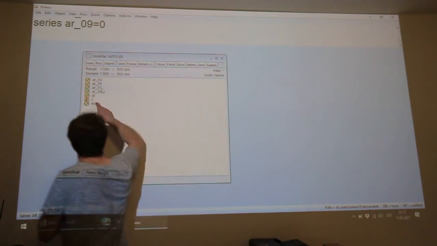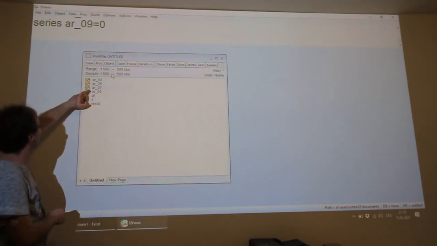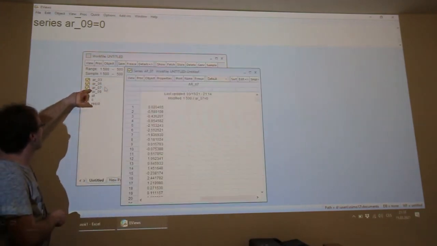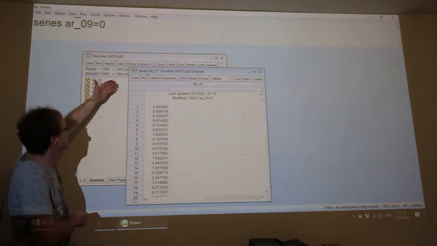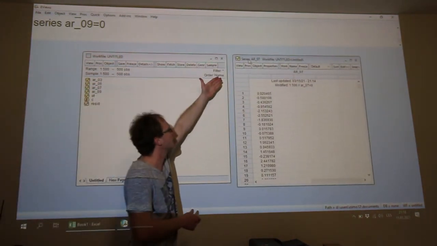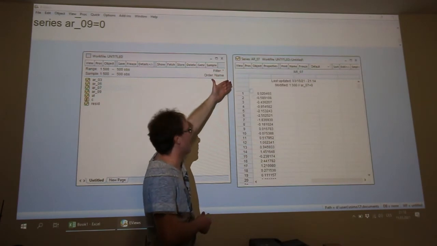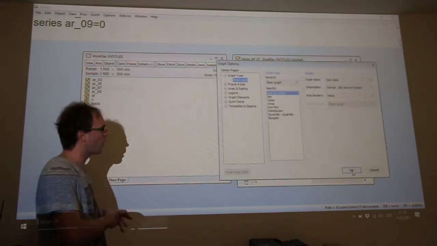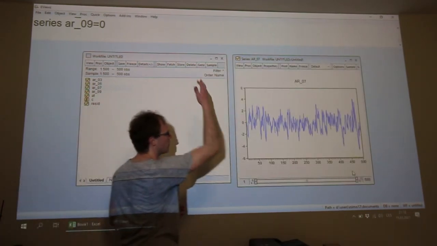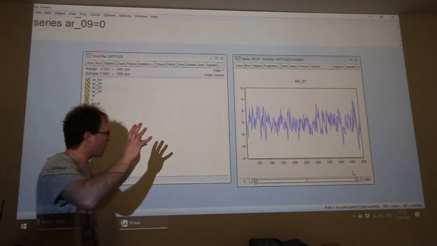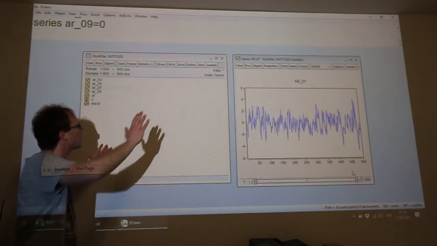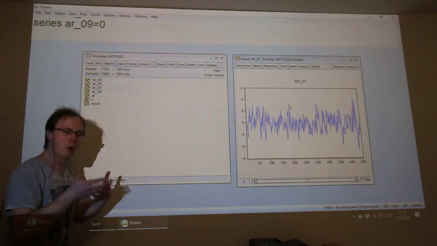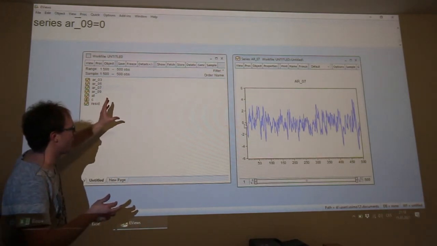Yes, so this one, please open this AR07 process. We can check the chart, yes, of this process, view, graph, line and symbol, and okay, so this one. Yes, so it will be necessary to create the model in eViews software.